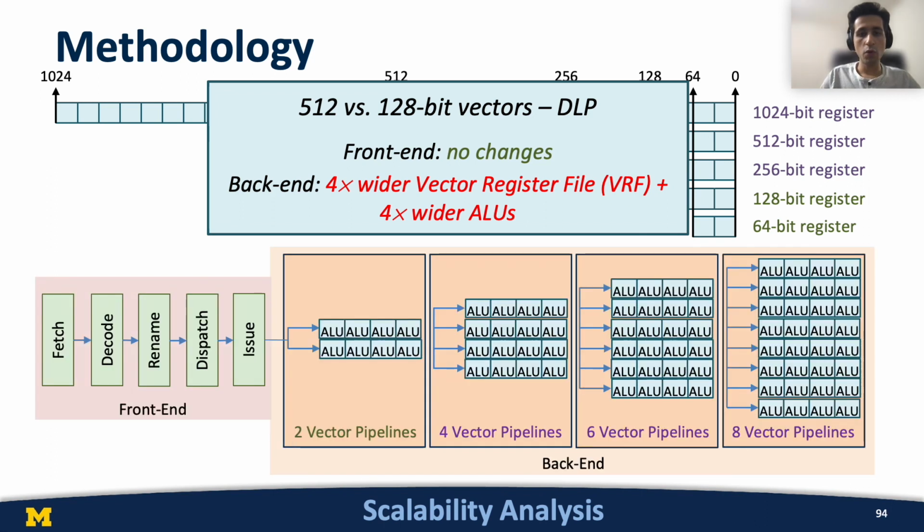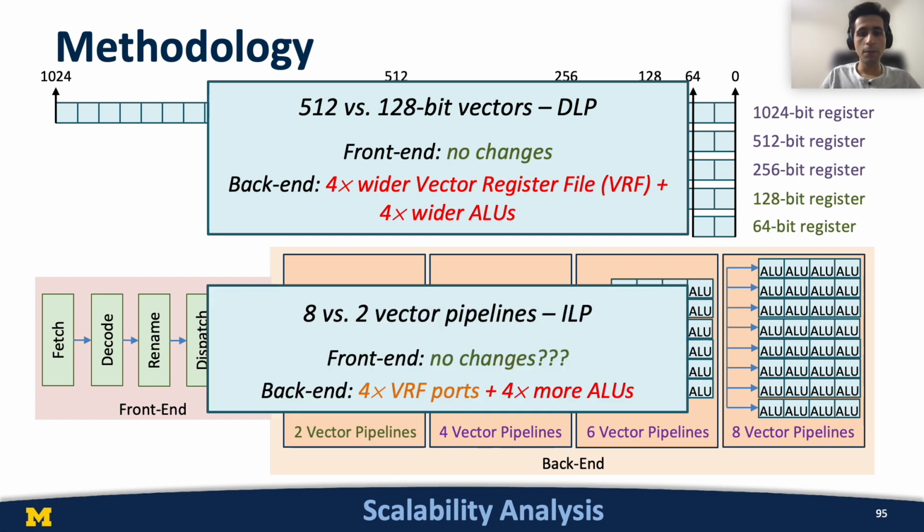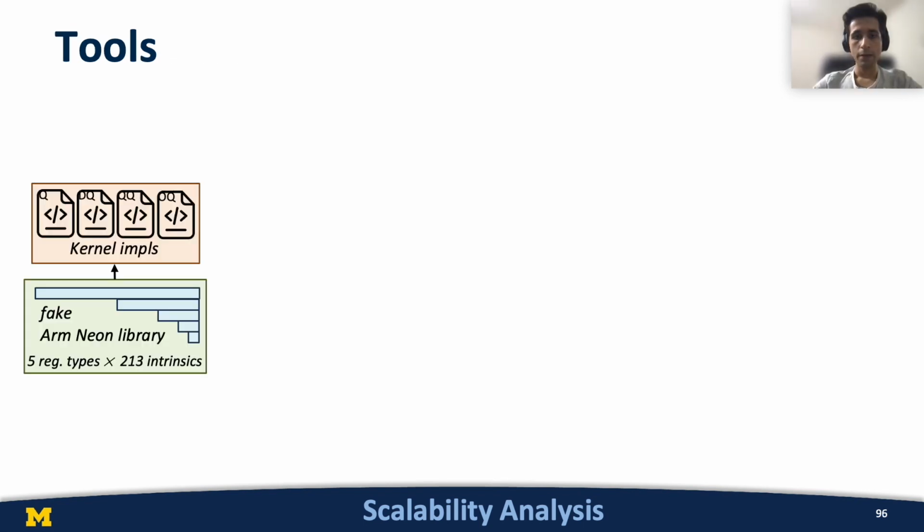The evaluated mobile processor provides 2 vector pipelines. In the second experiment, we increased the number of vector pipelines to 4, 6, and 8. 4 times more vector pipelines exploit 4 times more instruction level parallelism and require 4 times more vector register ports and ALUs. We develop a fake Armnion library that emulates 213 intrinsics for 5 wide register types and redevelop 8